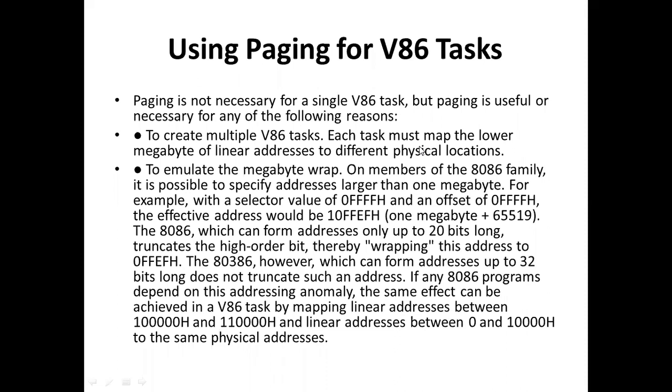Okay, so the example we have given here has a selector value and an offset value, which will give you the effective address. Now, when you are in real mode, what address space will you get? When you are in protected mode, what changes will be made? So this is generally an example with which we can get from logical address to physical address.